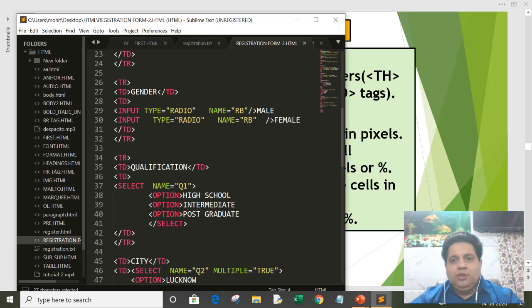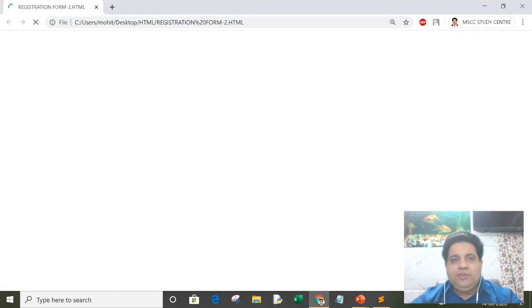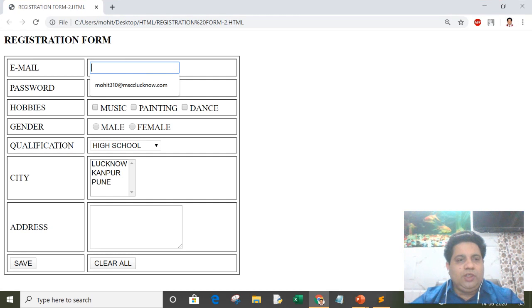For example, if I leave this HTML form blank, I enter a wrong email format. This is not the correct email format. I have given only 2 letters at password. Now the rule is there should be a capital letter, small letter, symbol, digit, and it should contain at least 8 characters. I am not following that rule.